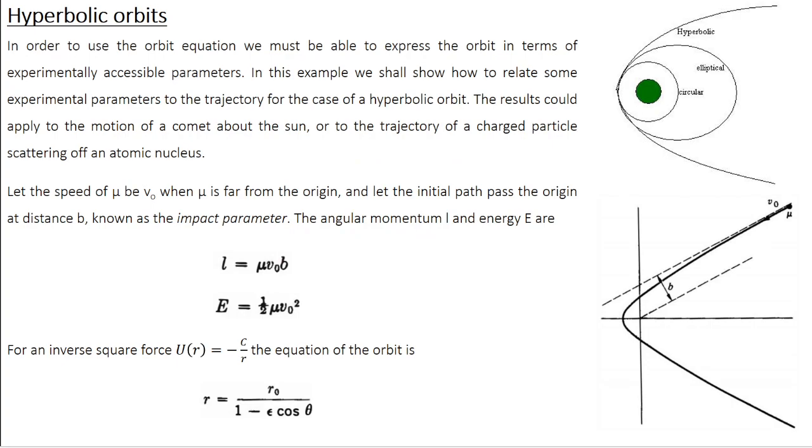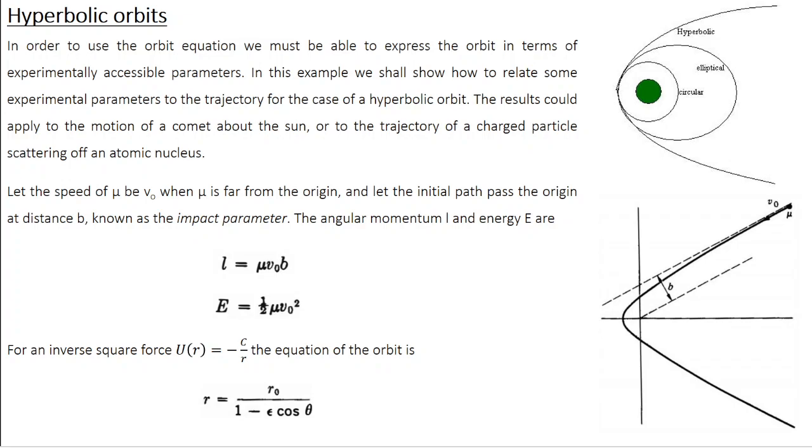In the previous two classes, we were discussing the orbits of planetary motion, where we have seen that the shape of the orbit is determined by either the total energy, capital E, or eccentricity, small e. If total energy is greater than 0 or eccentricity greater than 1, then the orbit corresponds to a hyperbola. Eccentricity equal to 1 or total energy equal to 0 corresponds to a parabola. When eccentricity is less than 1 or total energy is negative, that corresponds to an ellipse.